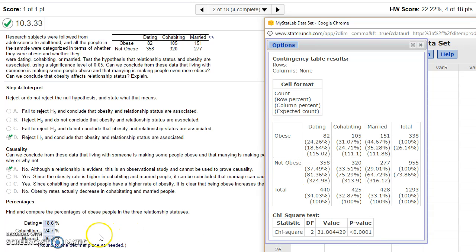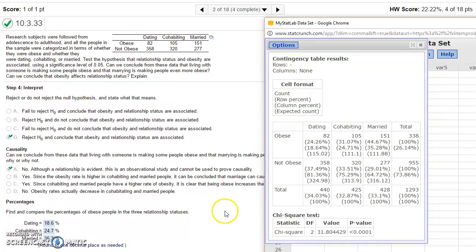18.64%. And if you look down here, they're asking about the percentage of people in each of the three relationship statuses. So you're going to want to have the percentages that go down the columns and not the rows. So you can see here 18.6% corresponds to the 18.64 here, as well as the 24.7 relates to the 24.71, and the 35.3 relates to the